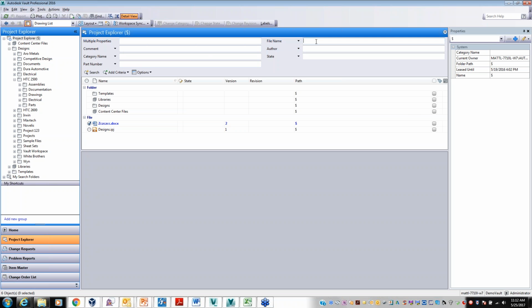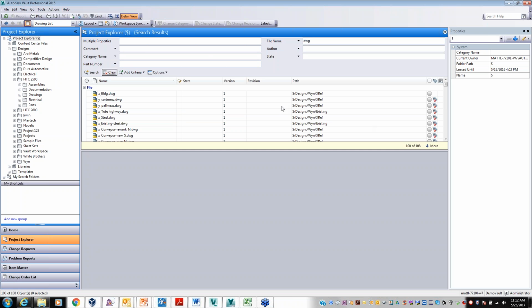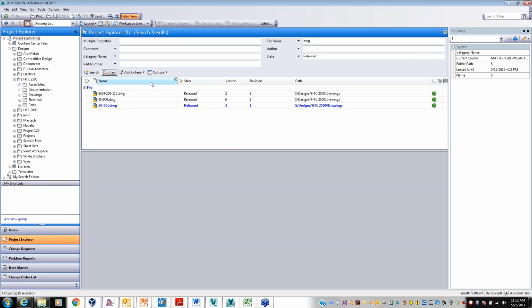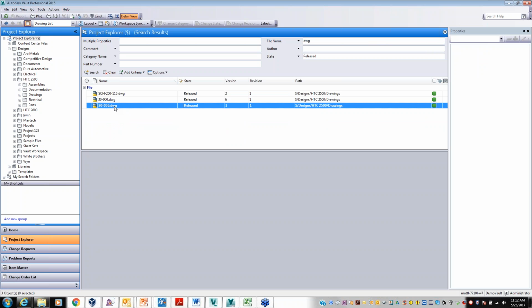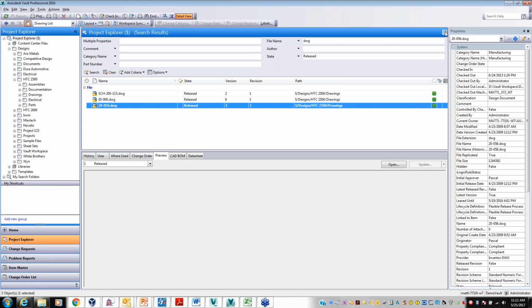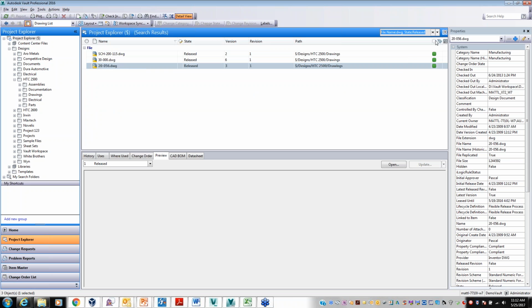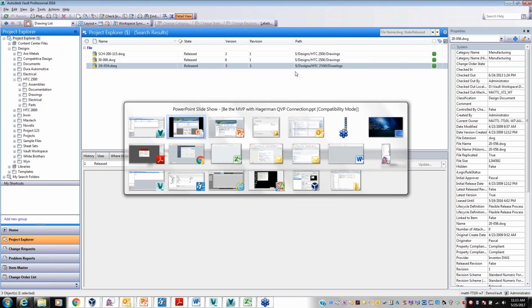So if I just do a DWG search, we get that. If I go to state, I could then say release and add that to the search so that I can filter that down. Then when I have a file I want, I can select it, and then when I'm done searching, I can make that panel go away. So actually pretty nice searching in the Vault desktop client, although users do need to have a Vault desktop client